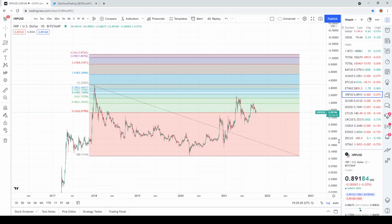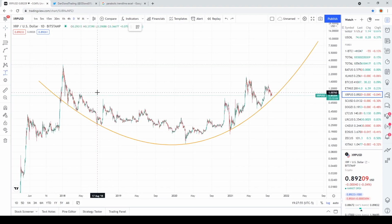So in the last bull run, XRP went up to the 4.236 using the same measurement technique as we did for Bitcoin. If it were to follow the same measurement technique in this bull run, it would take it up to $13.50 as well. And in the past, whatever measuring technique we used for Bitcoin, XRP went up to that extension as well. The last thing I want to show you guys is how XRP has been bouncing off of